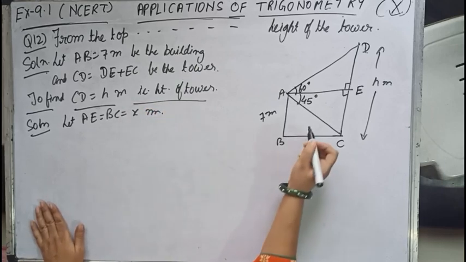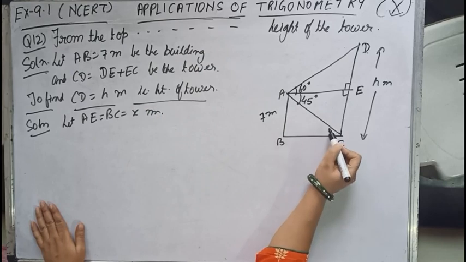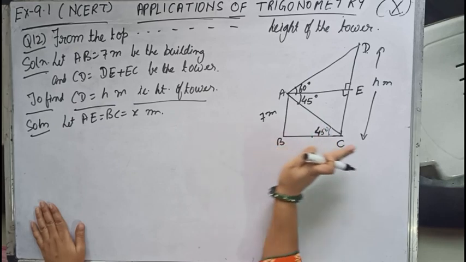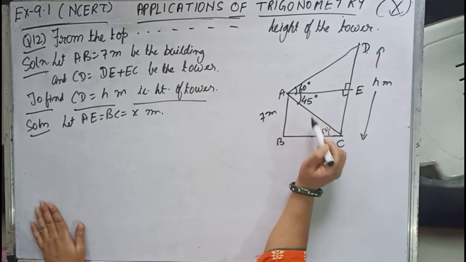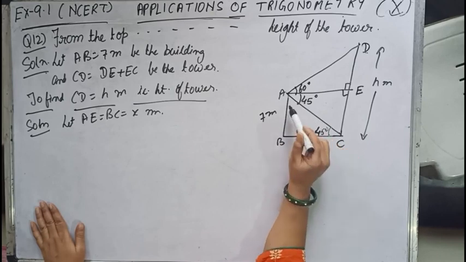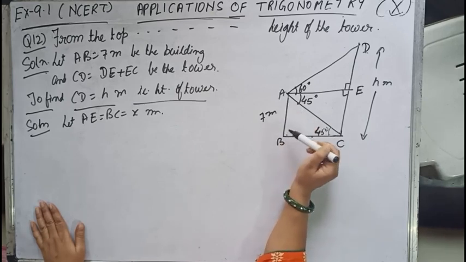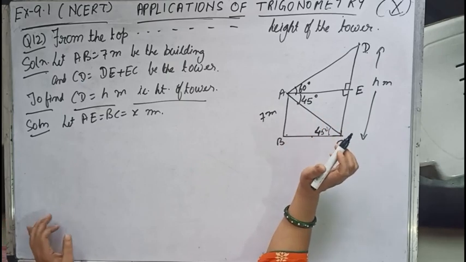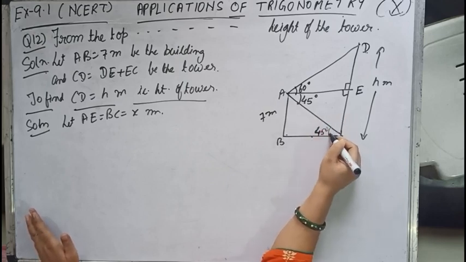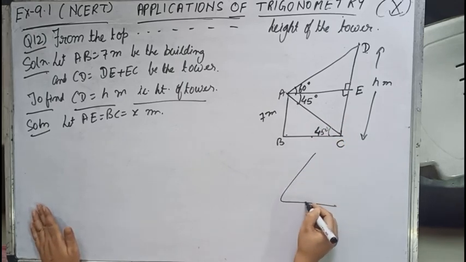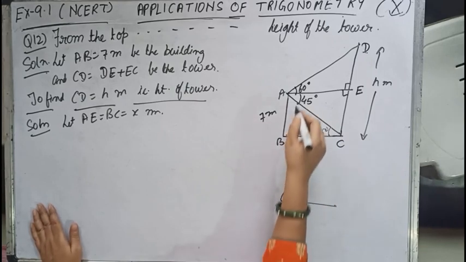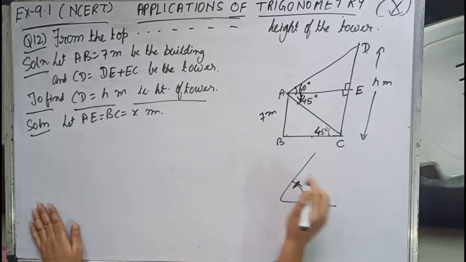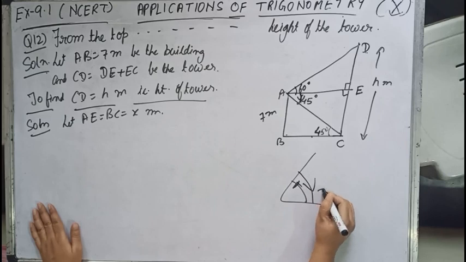Now children, over here see, we can use tan ratio in this triangle as well as this triangle also, because this line is parallel to this horizontal line, I mean the line parallel to the base. So these two lines are parallel, then this angle equals this angle. So we can use the tan ratio in this triangle as well. Now it is advisable to use it in this triangle only, but in this triangle also we can use. Whenever we measure angles, the angle is always measured in anti-clockwise direction, and over here the angle is in clockwise direction. So this angle should be considered negative. Whenever the angle is taken clockwise, the angle becomes negative.